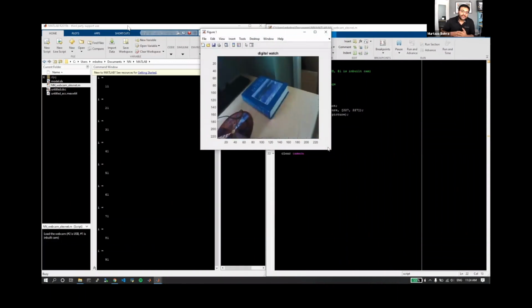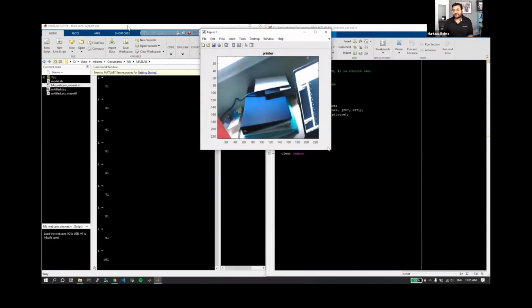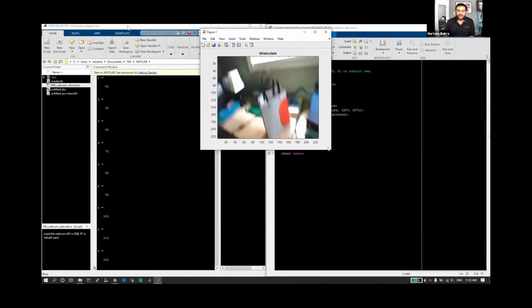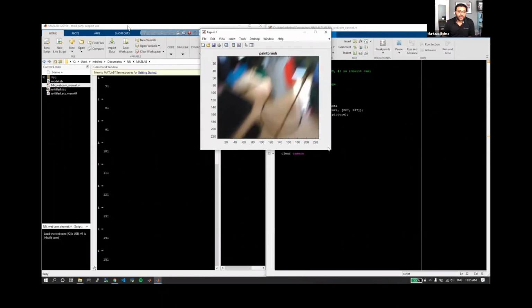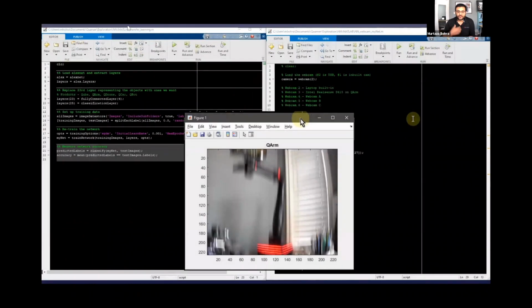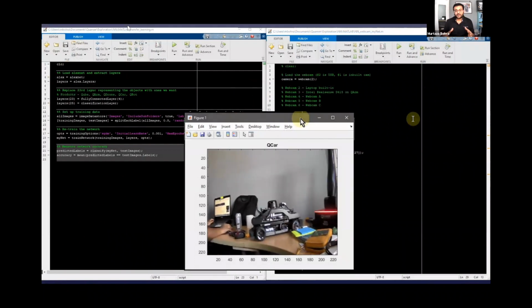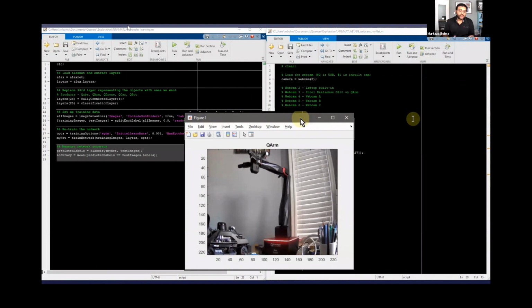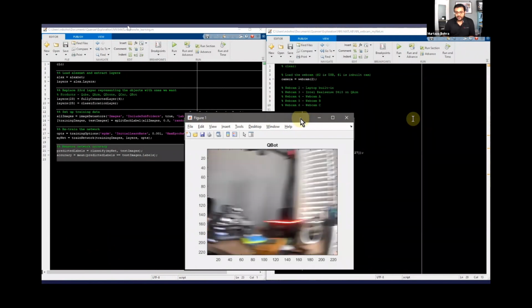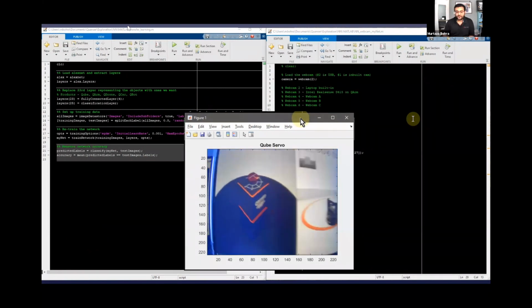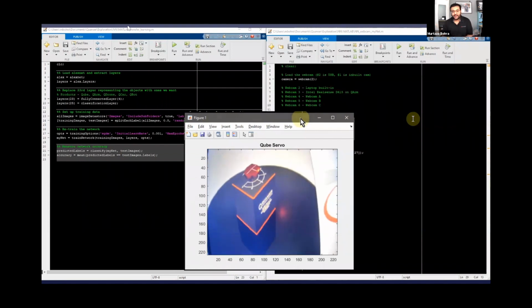But if I want AlexNet to now learn new objects that I am interested in, and so that would be the next example, I don't have to train AlexNet from scratch. What I can say is, well, take your existing experience and just develop new connections. So here we gave AlexNet about 10,000 images of our different Quanser products, and you can see it has picked